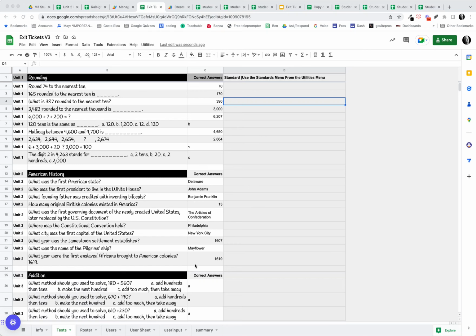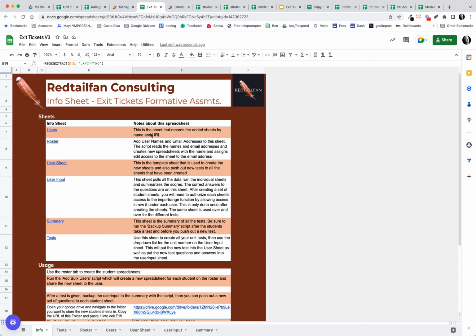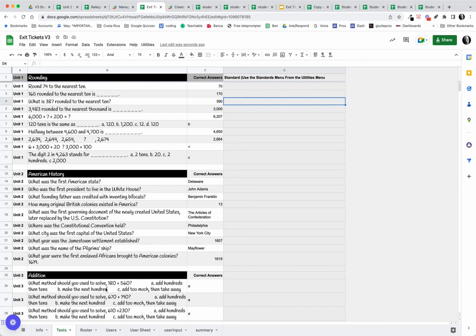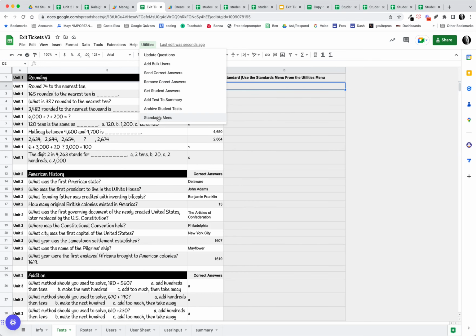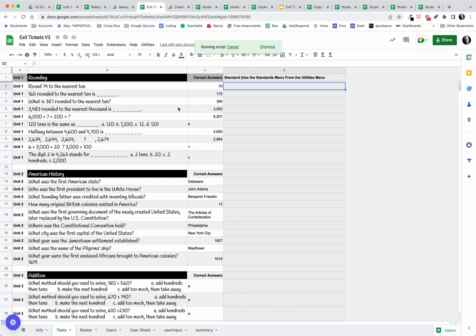Good morning, folks. I wanted to show you some new features I've added to this exit ticket formative assessment. One of the first features I added to show today is a standards menu, so that as you write your tests, you can pop in the standards that each question might